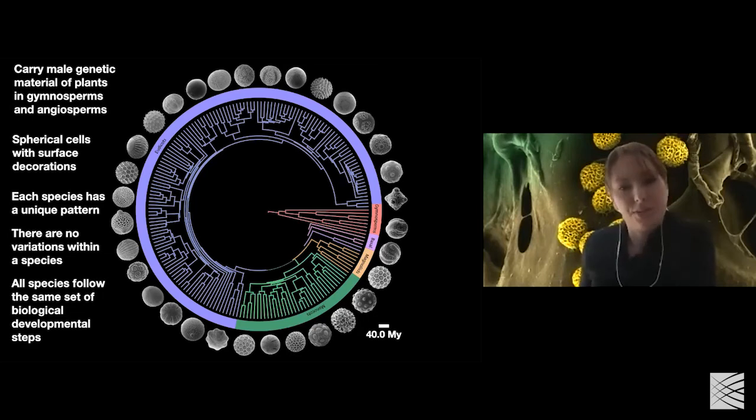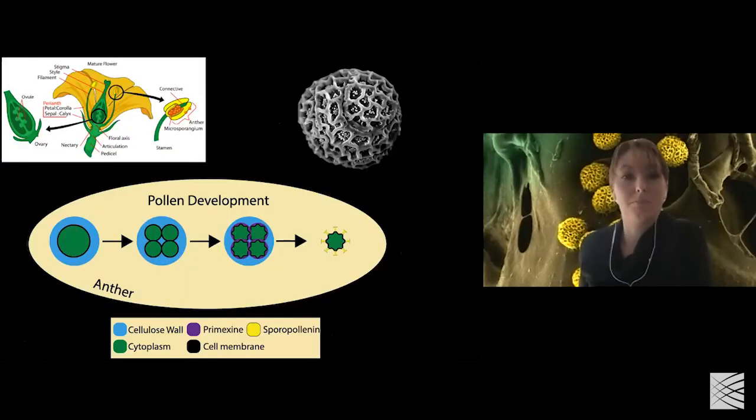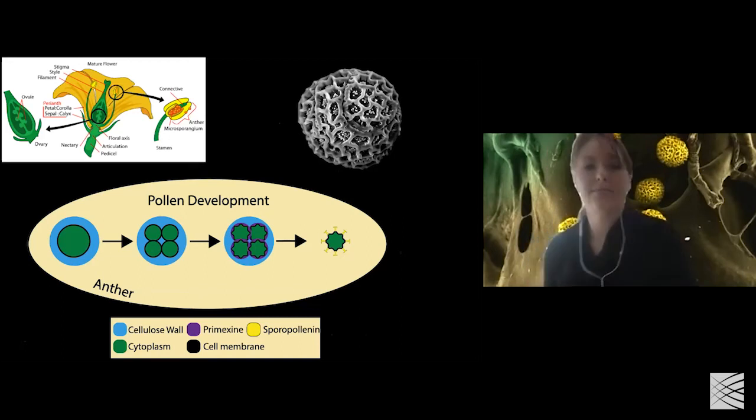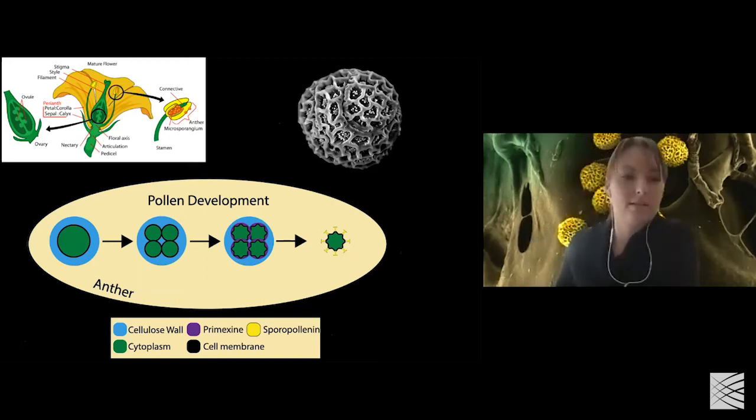So in order to do that, we first had to dive into pollen biology and just get a good understanding of what was going on developmentally. So on the top left, I have a schematic of a flower, and the portion of the flower that produces pollen is called an anther, which many of you have probably seen. And inside of the anther, which is schematically pictured here,